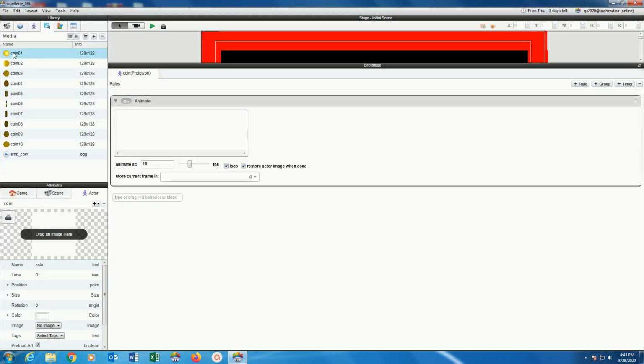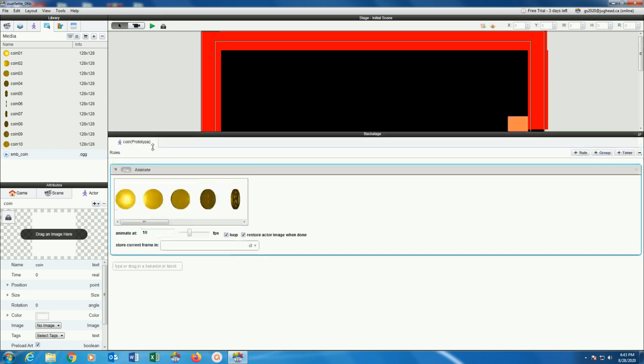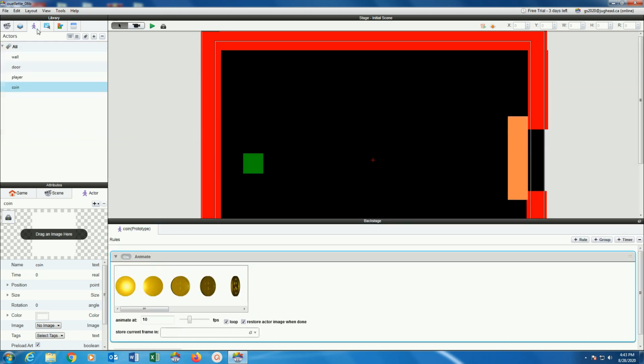And I want to apply these 10 coin images to the actor called coin. I'm going to drag them into this little window for my animate behavior like this. And you can scroll through. They should all have come in by sequence. And let's see. Actually I need to put it on the stage. So I'm going to go back to my actors, drag a coin,